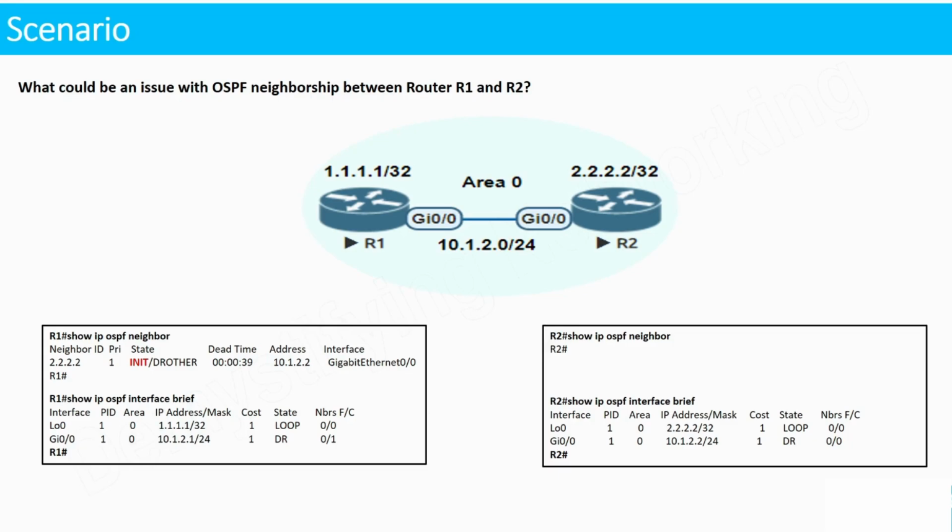So let's have a look at the scenario that we are going to consider in this video. We have two routers, router 1 and router 2. Both these routers are members of area 0. Router 1 has a loopback address 1.1.1.1/32, while router R2 has a loopback address 2.2.2.2/32, and these two routers are connected using the subnet